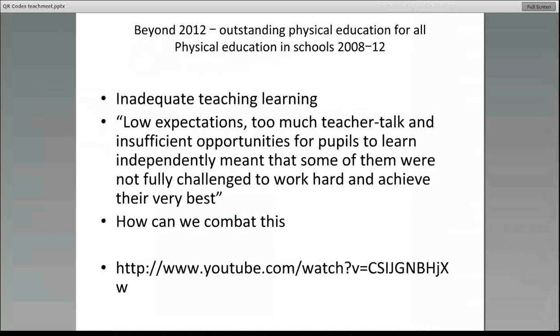In a recent publication by Ofsted, some of the inadequate teaching and learning that had been identified across the country highlighted that teachers had perhaps low expectations of students, there was too much teacher talk, led lessons, and insufficient opportunities were provided for pupils to learn independently, thus meaning that they were then not fully challenged to work hard and achieve their best. So for us as educators, we've got to look at ways in which we can combat this,